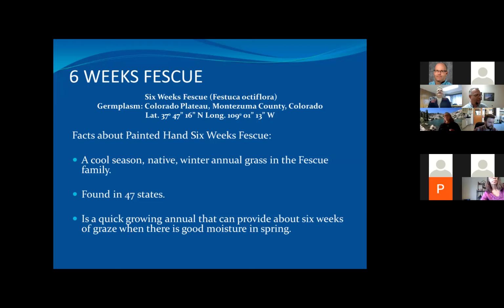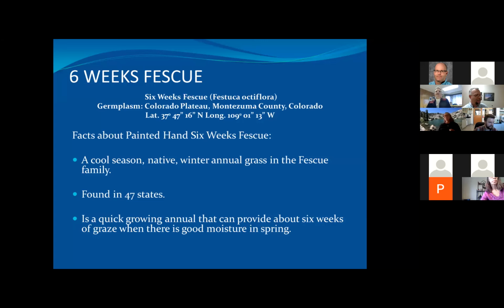So here are some of the things that we have learned and that we would declare as a piece of our experience with 6 weeks fescue. We got this from the Colorado Plateau, local. It has been labeled as a cool season spring annual. Our experience is that it is a winter annual. And that's a huge difference because we need that seed in the ground and growing as we're moving into winter. It actually kind of acts very similar to cheatgrass in that category.